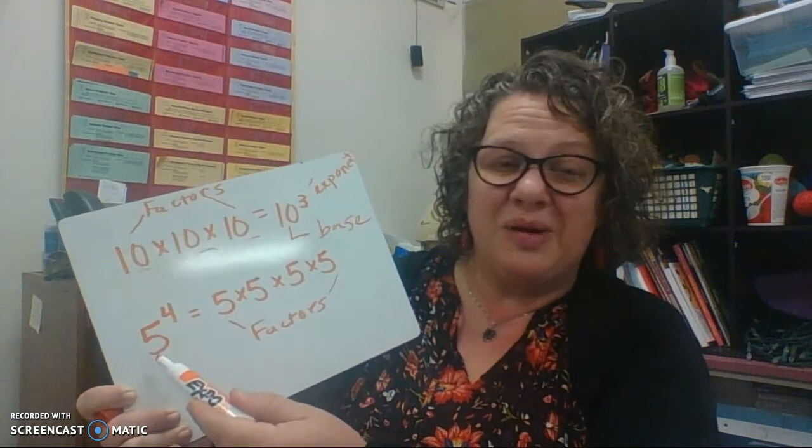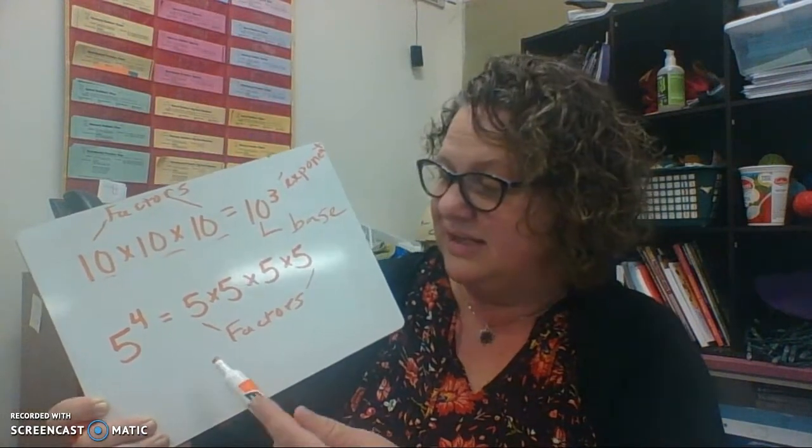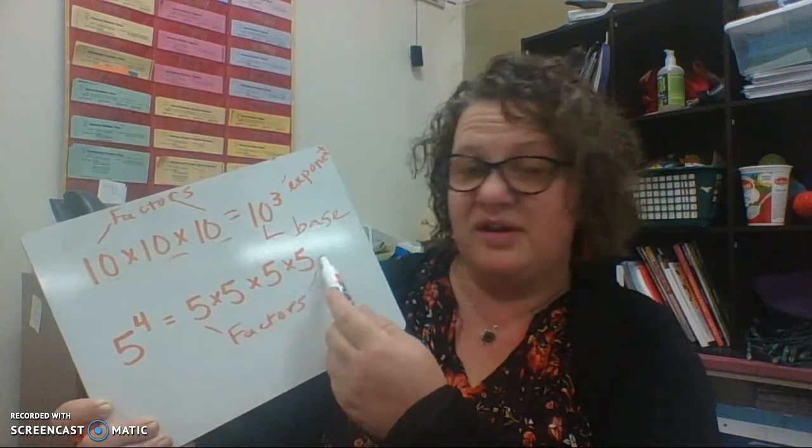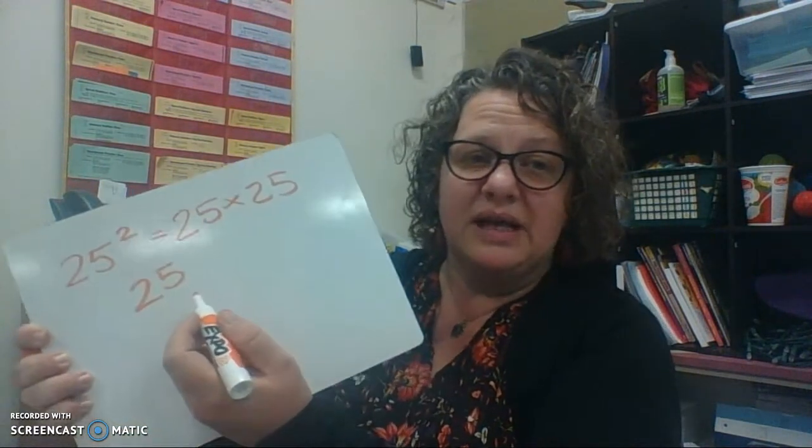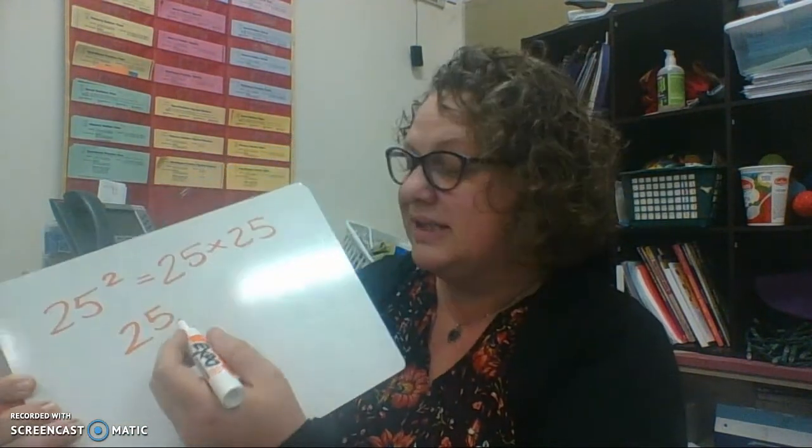You can go the reverse way. You can say, hey, what is 5 to the fourth power? What does that equal? Well, it equals 5 times 5 times 5 times 5, okay? And if we say 25 to the second power, that is going to equal 25 times 25. The way we refer to it is we usually don't say to the second power, we say squared, 25 squared,